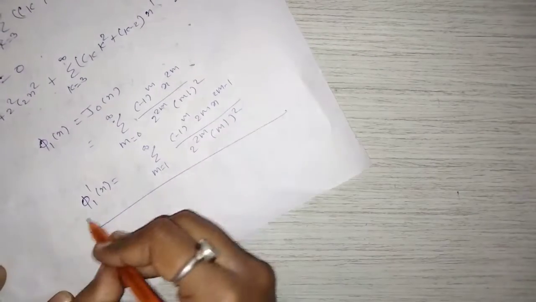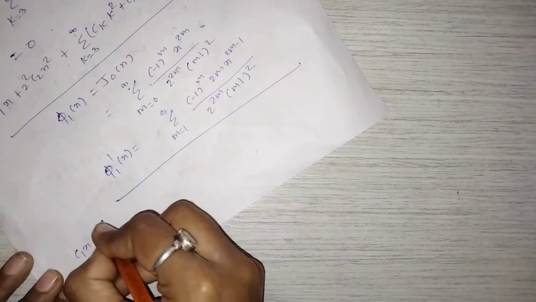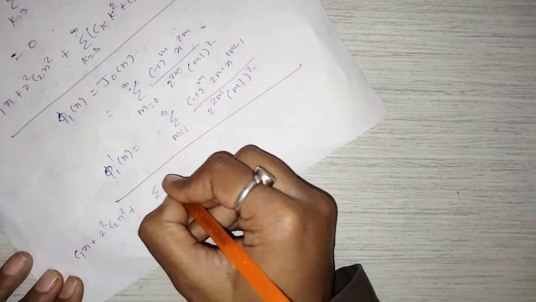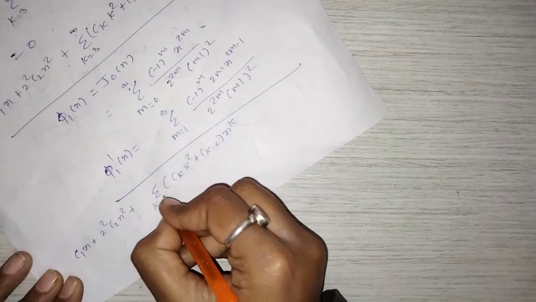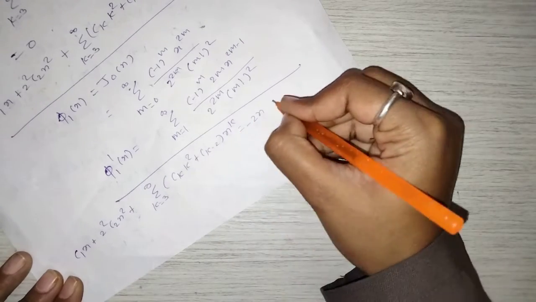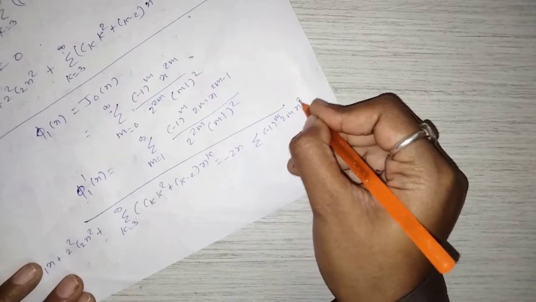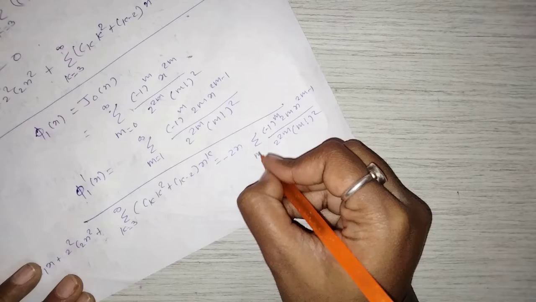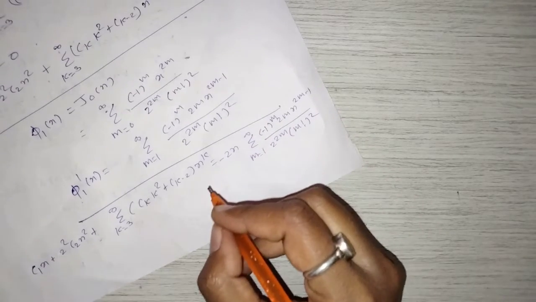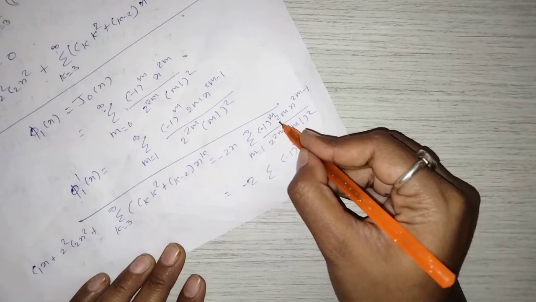So after putting phi 1 dash of x equal to this in this equation, we get c1x plus 2 square c2x square plus summation ck square plus ck minus 2 x raised to k running from 3 to infinity equal to minus 2x phi 1 dash of x, equal to minus 2 summation minus 1 raised to m 2m